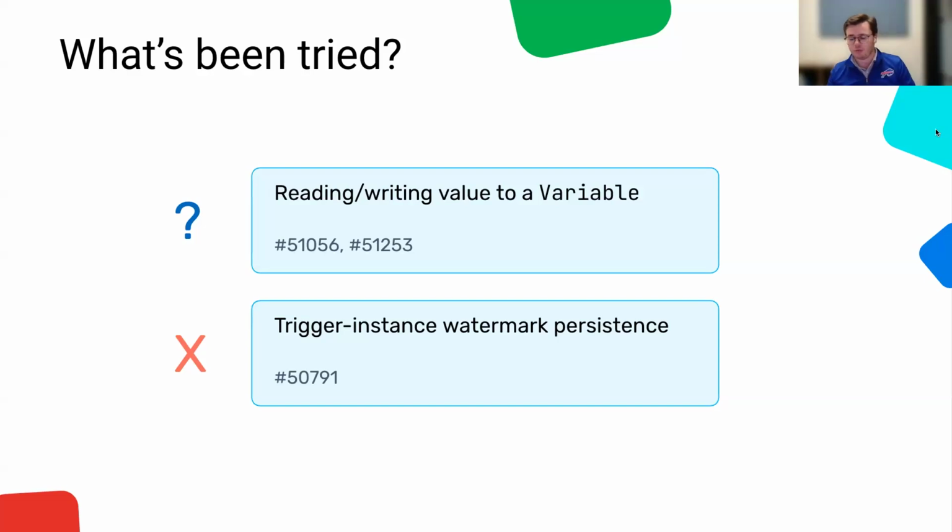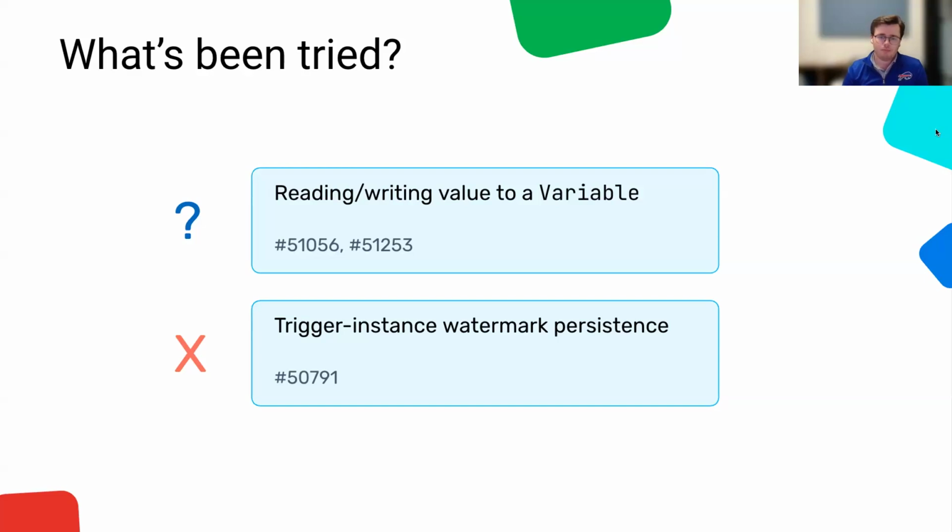So previously, you could run a variable.get from the trigger. However, you couldn't set it. So you couldn't update that watermark, which was quite tricky for folks who wanted to do incremental workloads. So that was for Postgres. I believe there are two pull requests for Postgres that both tried to use that model. They're successful. However, it did require a little bit of work to get there. And we might talk about it later, but using that variable, it may conflict with other folks using variables, especially as we scale.